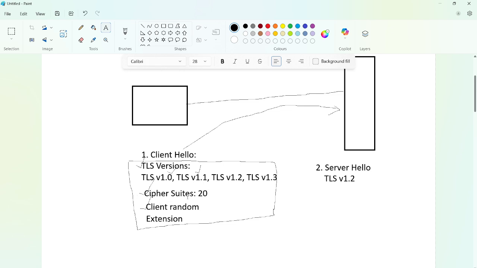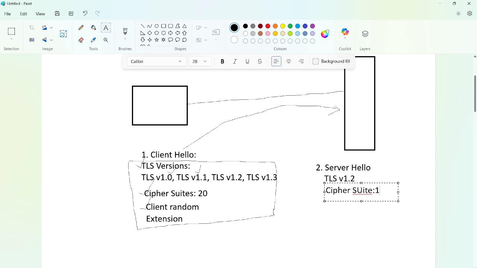And here we are sending 20 cipher suites, right? Among the 20 cipher suites, the server will select one supported cipher suite, okay. If it supports one or two or three, the server is going to place only one cipher suite that it supports, okay. So we will have one supported cipher suite here. Among the 20, it will select one cipher suite, okay.